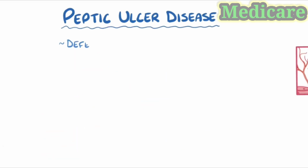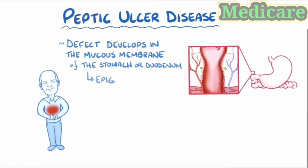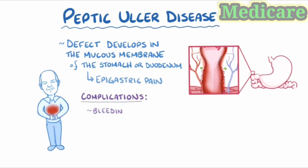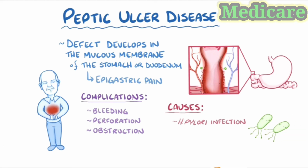Alright, as a quick recap. Peptic ulcer disease is when a defect develops in the mucous membrane of the stomach or duodenum, and this causes epigastric pain. Occasionally, they can cause complications like bleeding, perforation, and obstruction. In a lot of cases, they're caused by an H. pylori infection, or the use of NSAIDs,